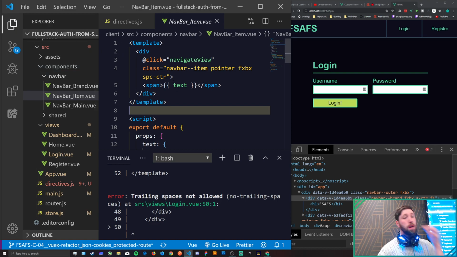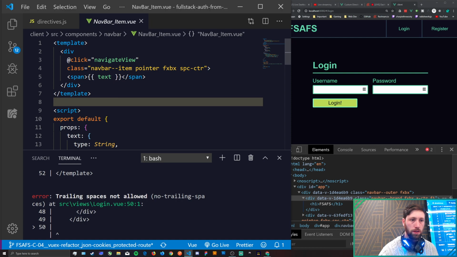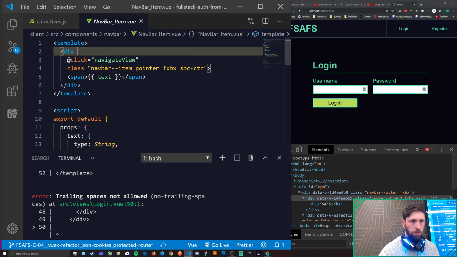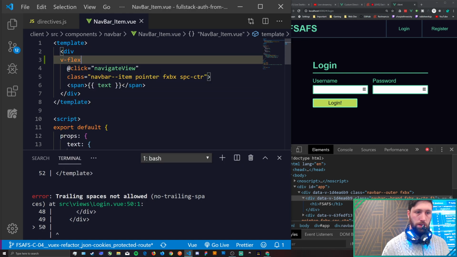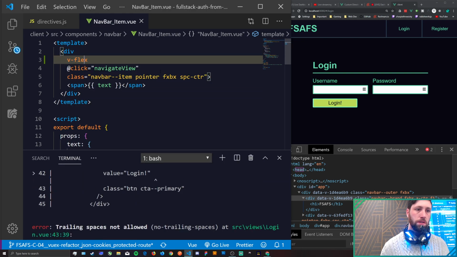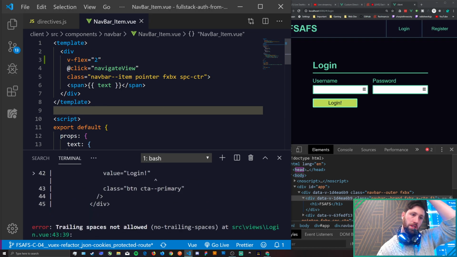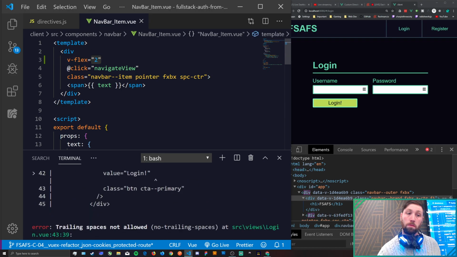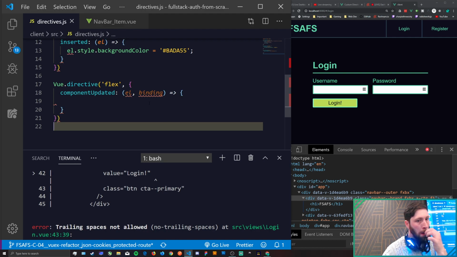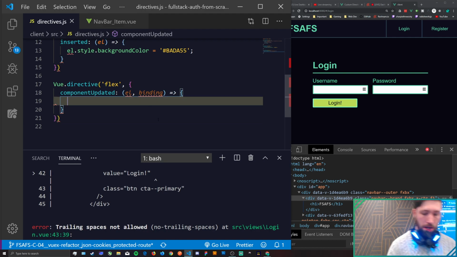So when we add a directive onto this, it's going to adjust both of the var items, which is fine for now. Just something to keep in mind. Okay, so we'll do flex on this. Right now it doesn't do anything, but we'll pass in 2 for now. So this is the argument that we're passing in, or argument modifier that Vue can use. And so we will say